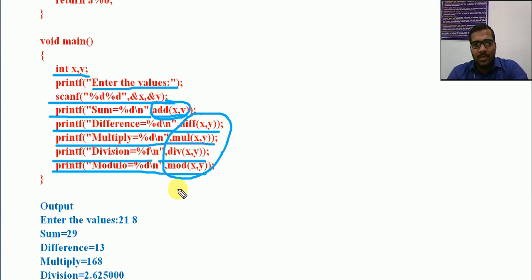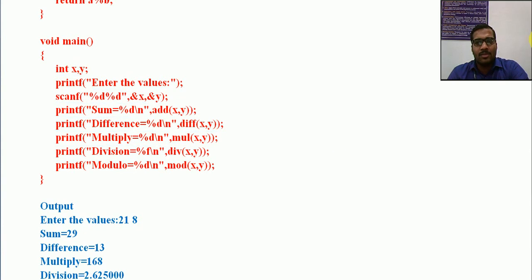If you want to find some other addition value, again I can write that, get some other value, then again call add, get some other value, just call mul, then again read some other value, call some other function. So any number of times this function can be called. I hope it is clear. The logics are simple. Now we are focusing on only the usage of functions. Here no need to explain all other details regarding the logic creation.